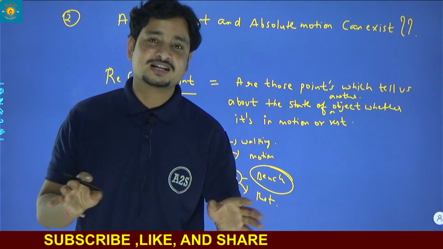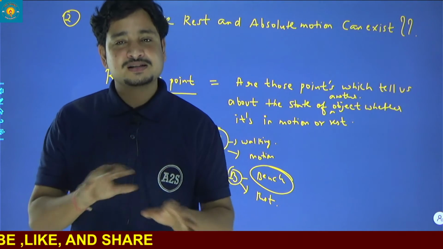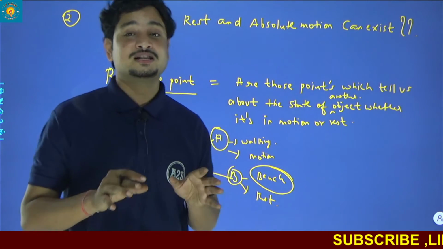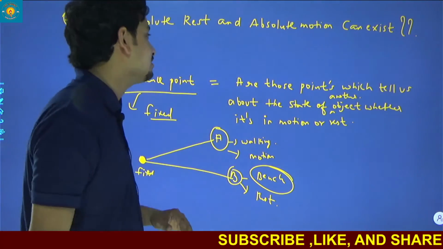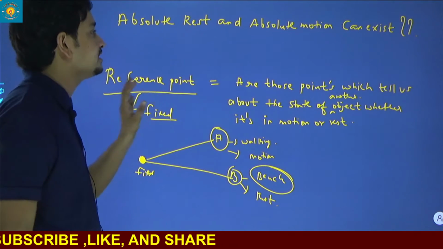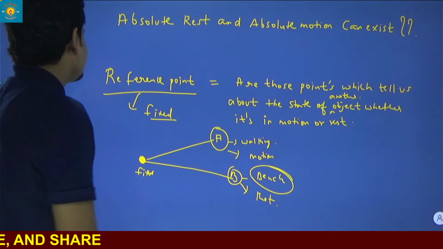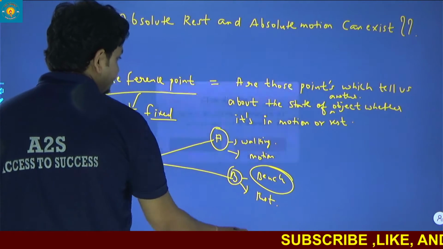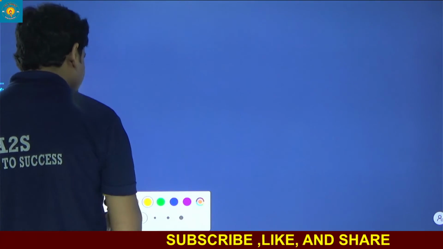So no object is present in the universe right now of which we can say that it is in absolute rest or in absolute motion. Clear? This is the favorite question of teachers, absolute rest and absolute motion. Clear? See, come to the point object. When we are talking about the point object,